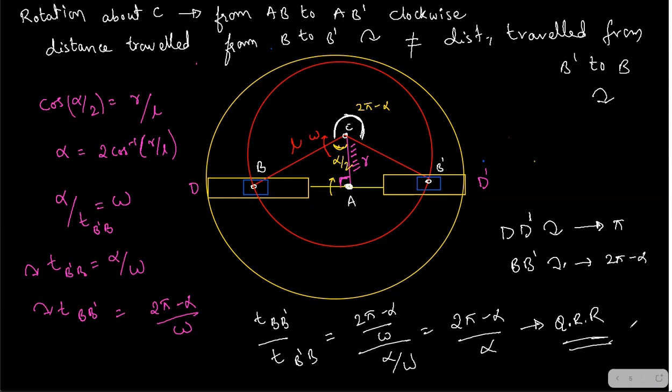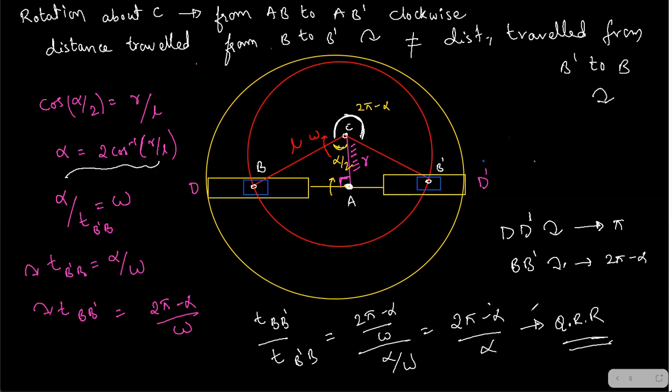Usually we are going to be asked in exams or competitive exams what the quick return ratio of the Whitworth quick return mechanism is. The distance between the fixed centers, which is R, will be given, and the connecting rod length L will be given. They will ask you the quick return ratio. Immediately do cos alpha by 2 is equal to adjacent by hypotenuse. It means the distance between the fixed centers divided by the connecting rod length, and then multiply it by 2, as we did here. Find out alpha from here, then substitute the alpha here.